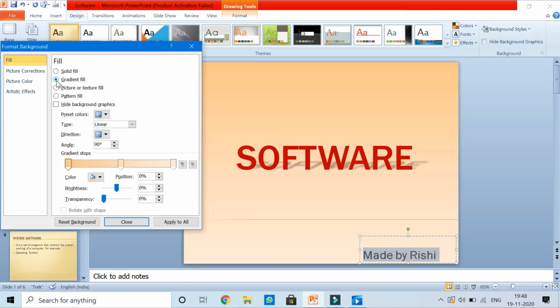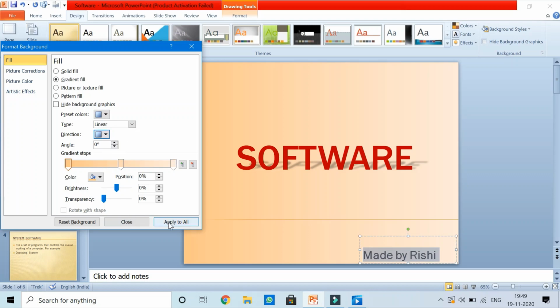If I want to change its direction, suppose the gradient is coming at the bottom, you can see it's coming lighter, and on the upper side it is coming a little darker. So I can change the direction of the gradient. I can bring it to the side also. So you can see on the right hand side it is coming a little lighter, and on the left hand side a little darker. This way you can even change the direction of the gradient fill.